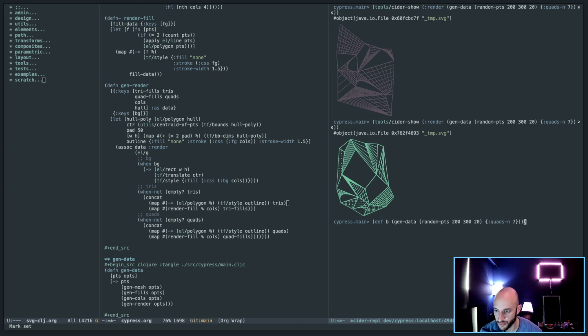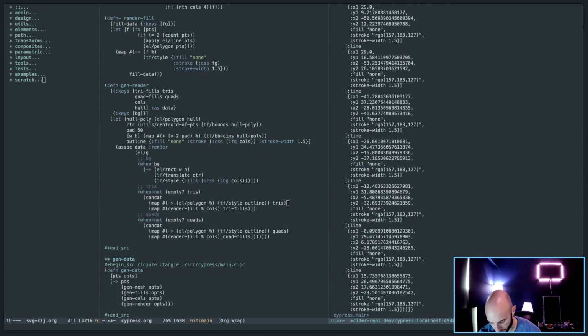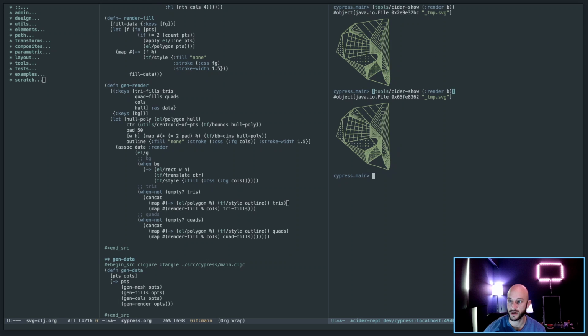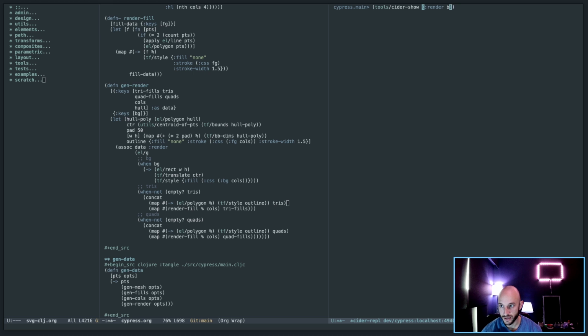It's not going to be re-rolled every time. So B is this, I shouldn't print it into the REPL, but whatever. If I do tools cider show of the render of B, it prints this out, and it'll be the same every time. But if I do this, the render of gen render of B will,